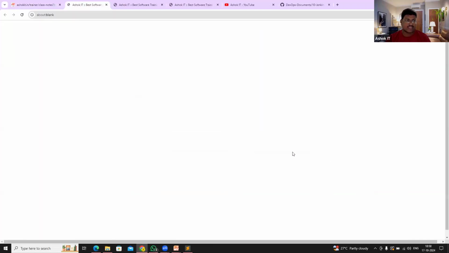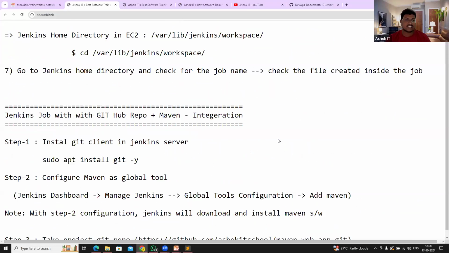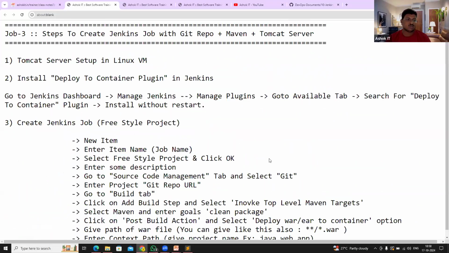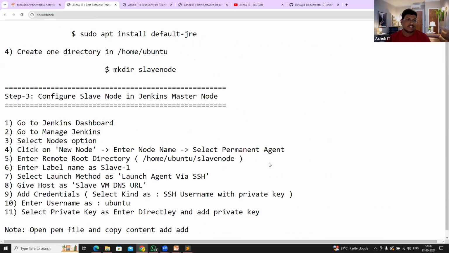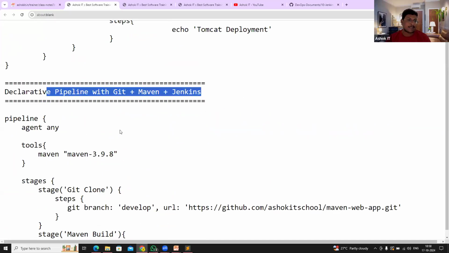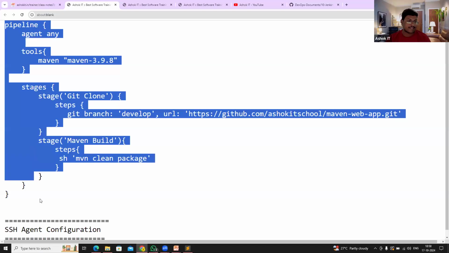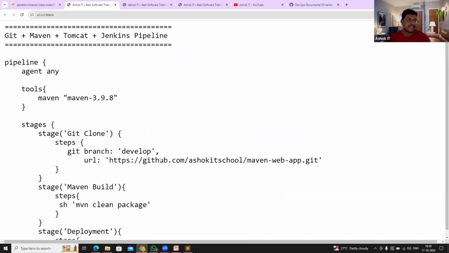Jenkins notes are also available. What is Jenkins? What is build and deployment? How to create jobs in Jenkins? How to do user management in Jenkins? So all these things we are going to learn. Jenkins pipeline. Okay, so this is the Jenkins declarative pipeline. This kind of Jenkins pipeline we are going to create, and we are going to write a scripted pipeline and